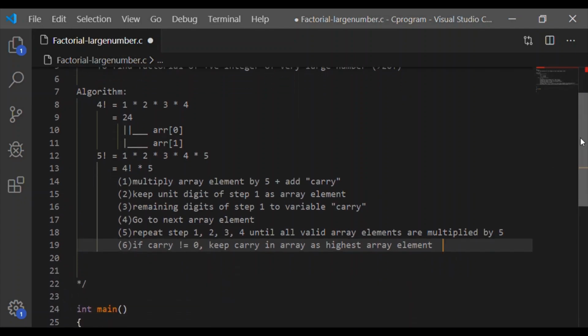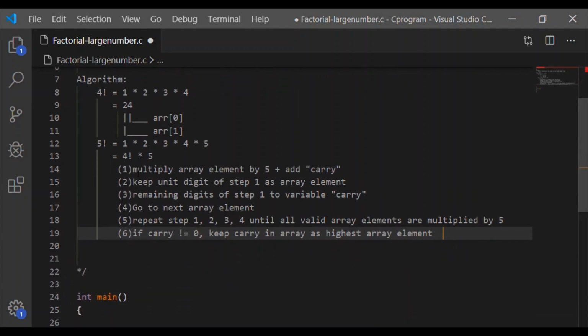We have to remember here array element is holding each digit. So it is not multiplying the array, it's multiplying each digit of the previous result. For that, first multiply array element by 5. As of now, add carry we will keep and then look into the next cycle.